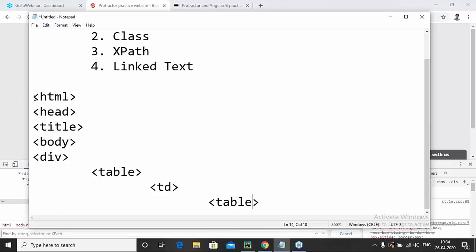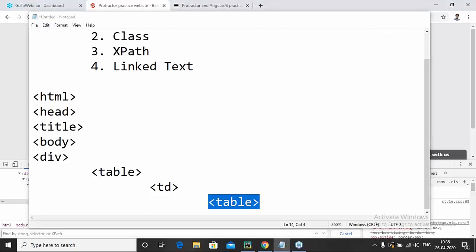So this is a document object structure. If I want to access an element, I have to traverse from division to table, then to TD, and then to table. Are you getting it? So the way we find any element using the DOM structure is called XPath.